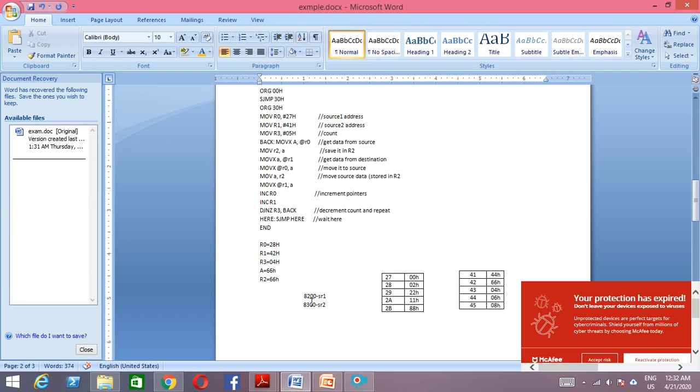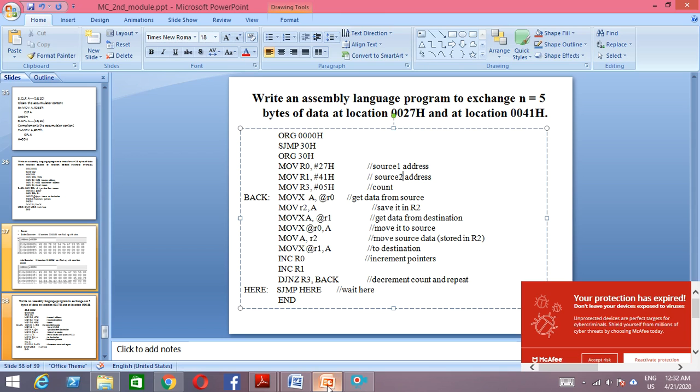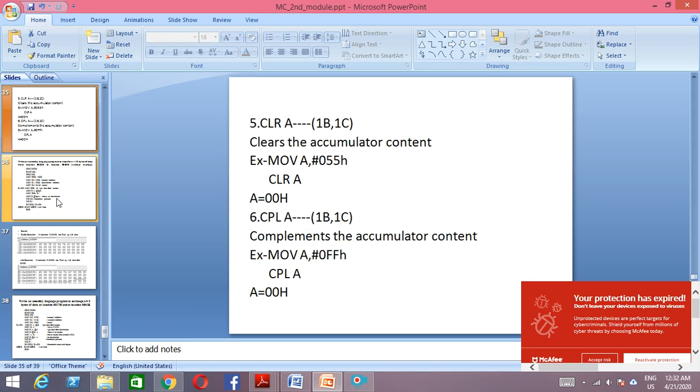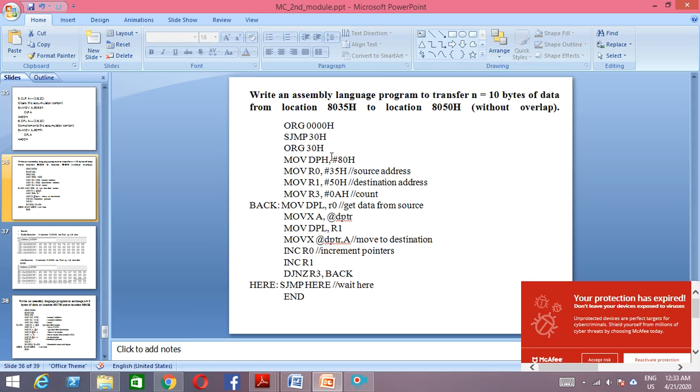Or what you can do is like this, you can do 82, so this can be 50. Okay, so 8200 and 8250. So this 82 can be taken into DPH, and this 00 can be taken into R0, and this 50 can be taken into R1. So as it has been done in the previous program,